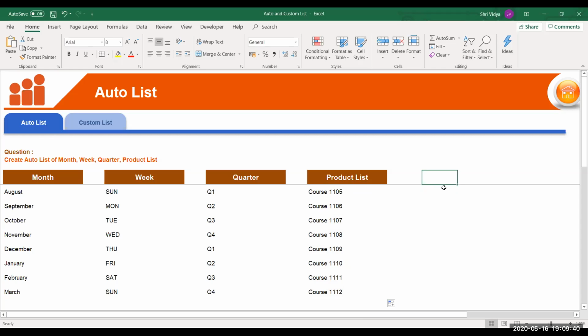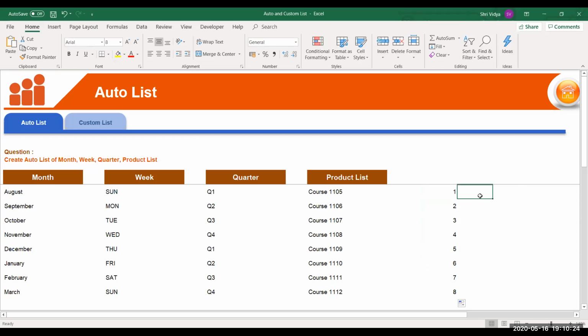Now suppose I would like to create serial numbers. You have had this difficulty before providing the serial numbers. When you are using the auto list with numbers, you should provide at least two numbers. These two numbers are compulsory so that it will identify the difference between them and the same series is going to continue. Now let me show you. I have given 1, 2 and I'm going to drag it. You can see the difference between the numbers remains the same. So 4 and 5, 5 and 6.